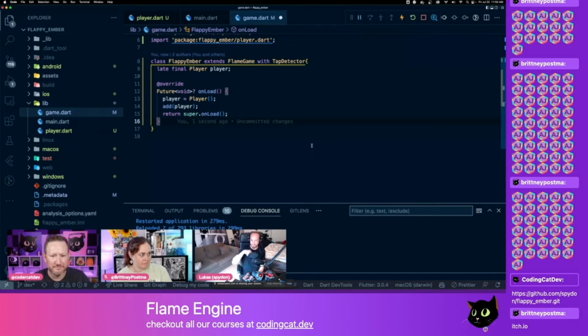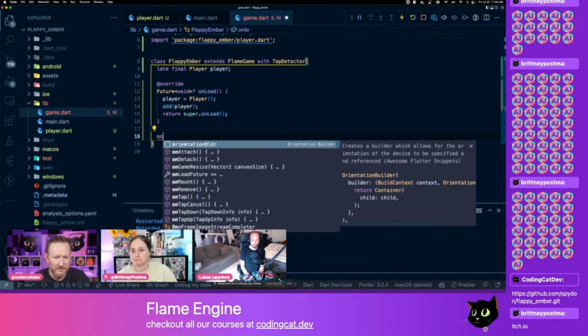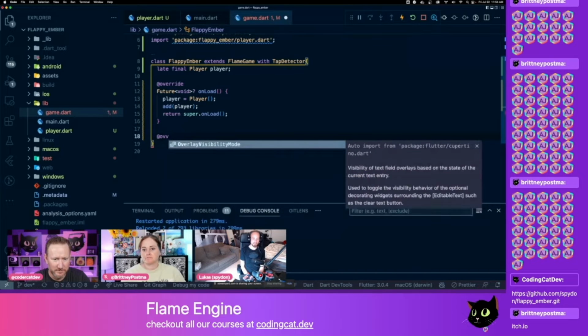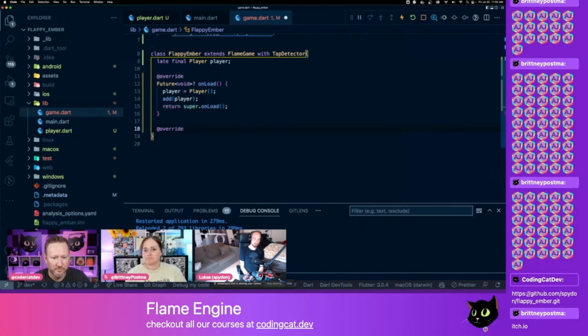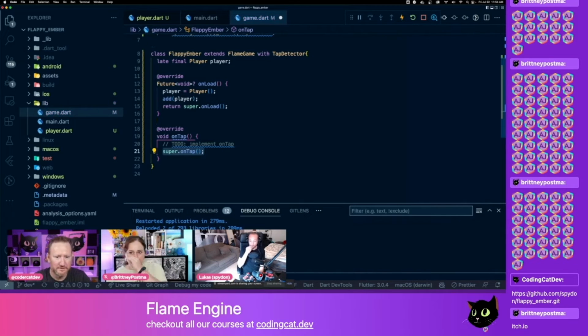And then underneath onLoad, we can override onTap. Sorry, a new line? Yeah, exactly, under there, and we just override onTap. I think it will give you the override if you write onTap. That's why the VS Code extension is also really nice. Oh my gosh, it just fills everything out for you. Yeah, once you get used to what you're looking for. Exactly. And you can just remove that one, and after the super.onTap,